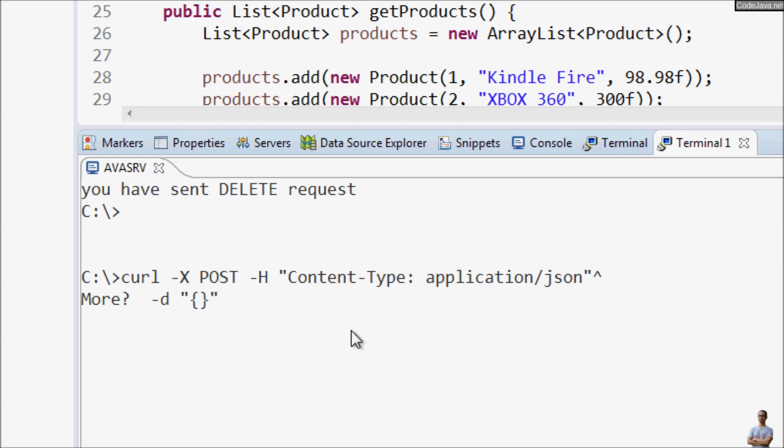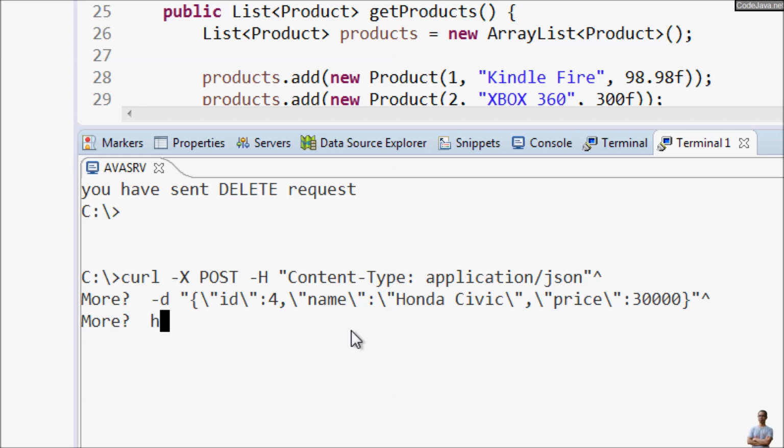So here I type the JSON representation of a product object: ID 4, name is, for example, Honda Civic, and price is 30,000,